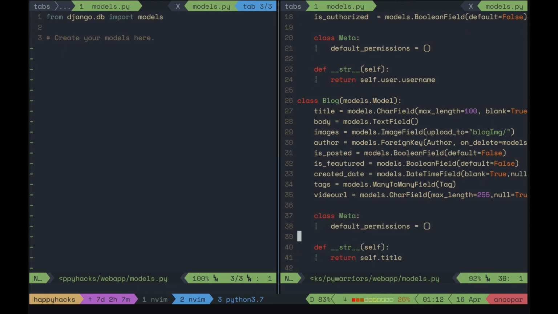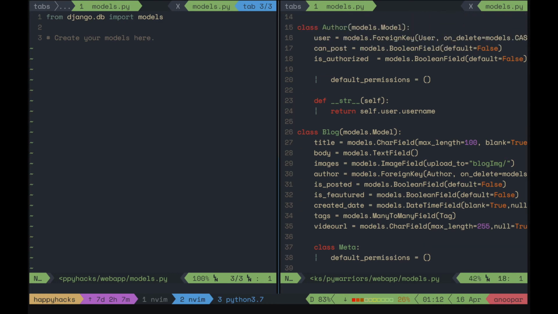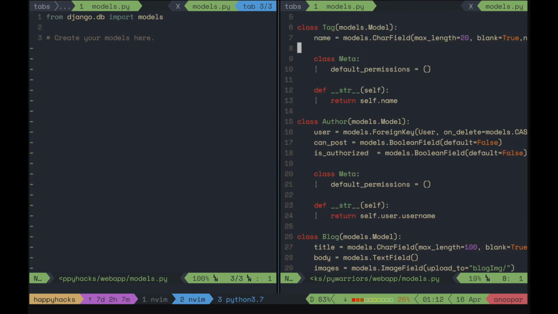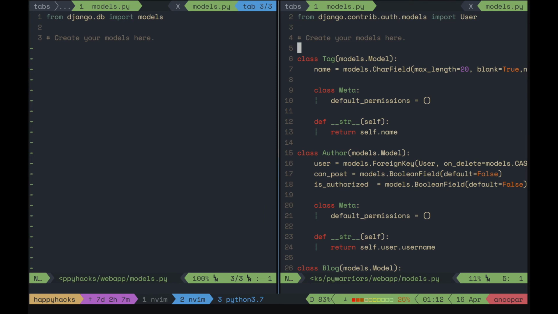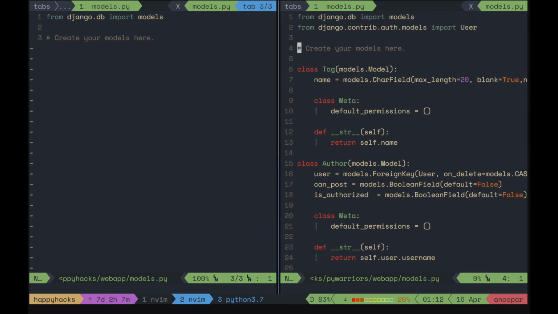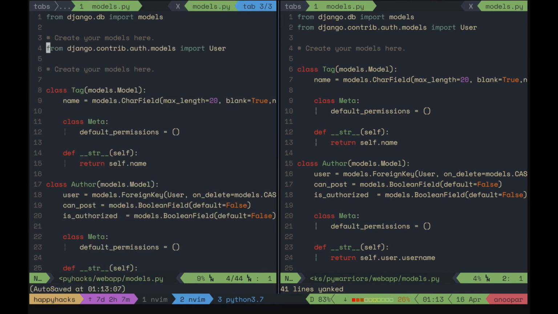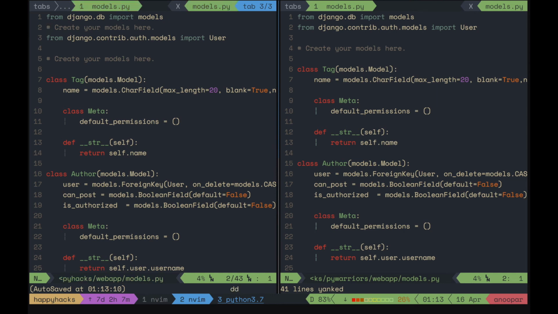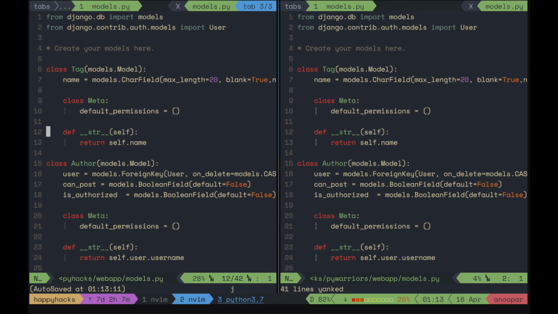Basically, this is the same as that of the Pywarriors project, so I could just use that project instead of creating a new project. But for the sake of the tutorial, I am using this. So I copy this stuff and then I paste this. So the models are done here